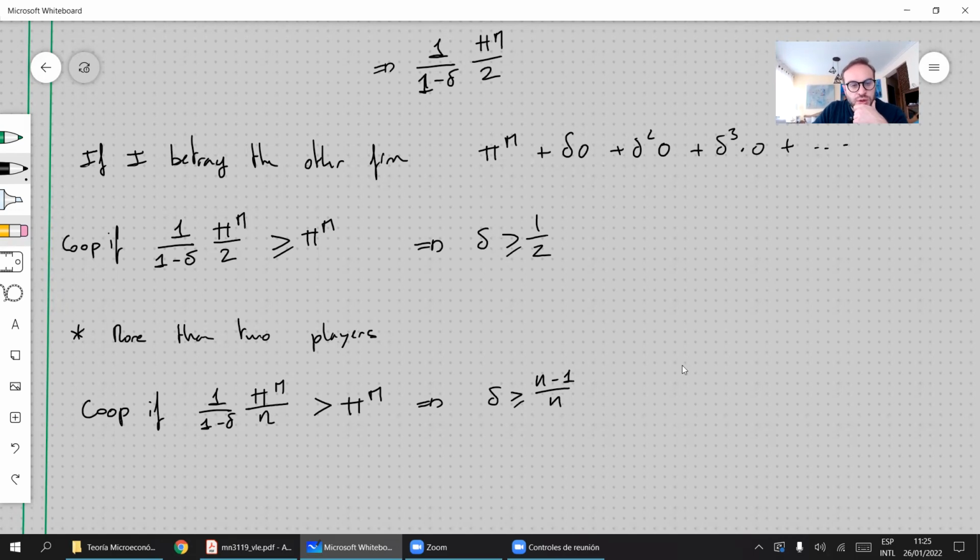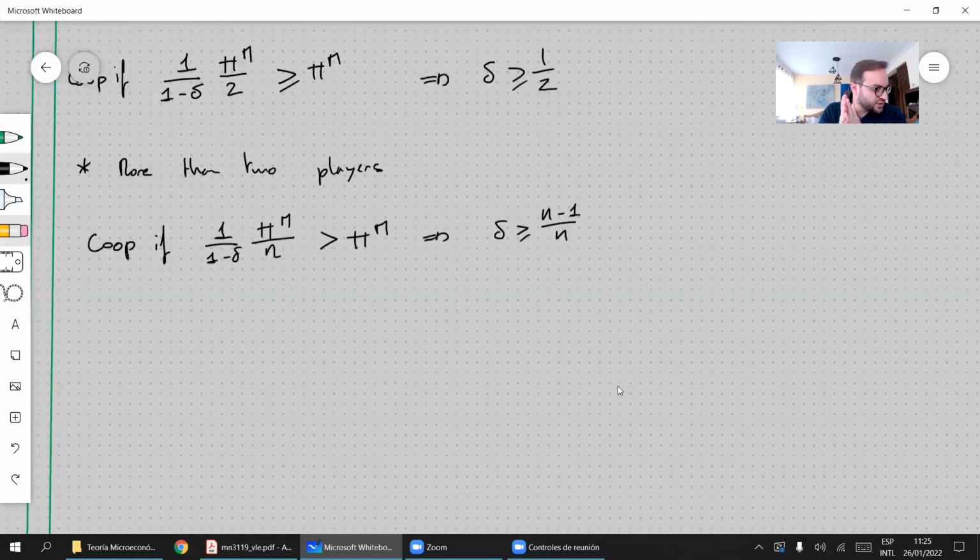Okay, and the last extension is, what if the strategy is not a trigger strategy? We defined the trigger strategy like, if you betray me, I will not cooperate with you again, never again. Maybe we can have something a little bit more flexible, where I can forgive you. Now suppose that the strategy